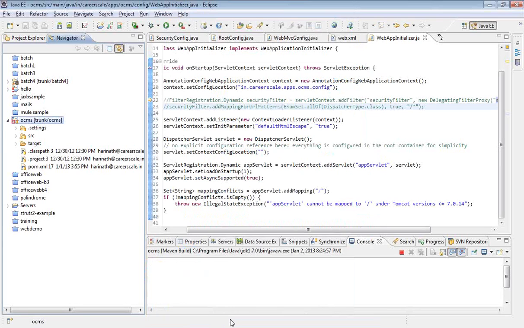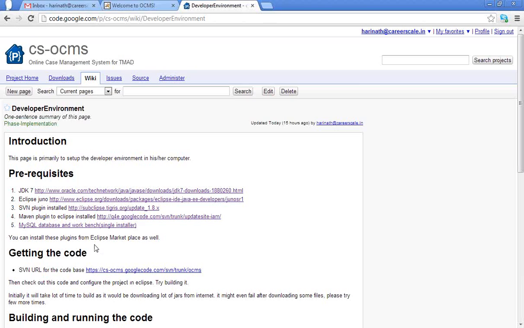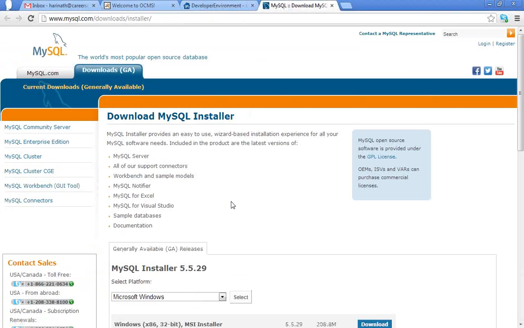Okay, and the other thing that we were discussing yesterday was to get the MySQL database installed. So for the MySQL database, you click on this link. Then it opens up. You need to download an installer and install it. So when you install, the various things that you will be getting are